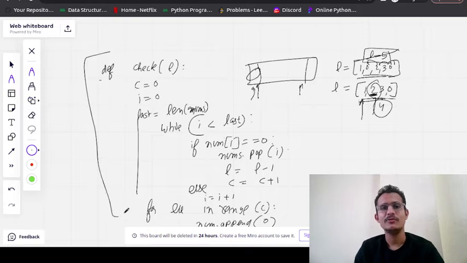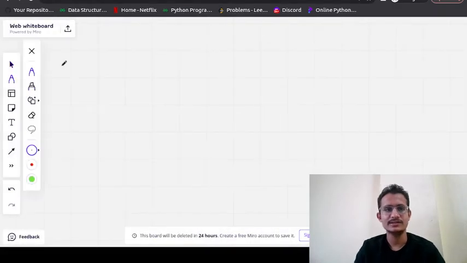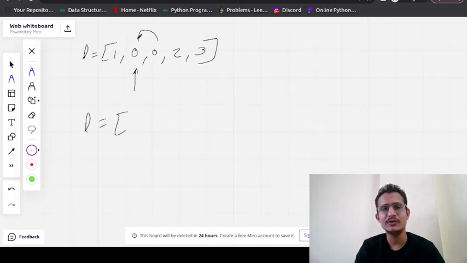Okay, now if someone asks you to find the time complexity, see what is happening initially. The list contains some elements, 1 0 0 2 3. As soon as we get a zero, we shift all the elements, so it becomes 1 0 2 3.